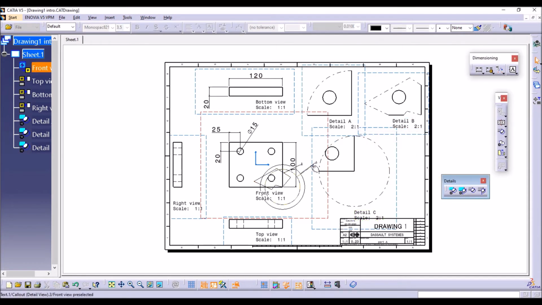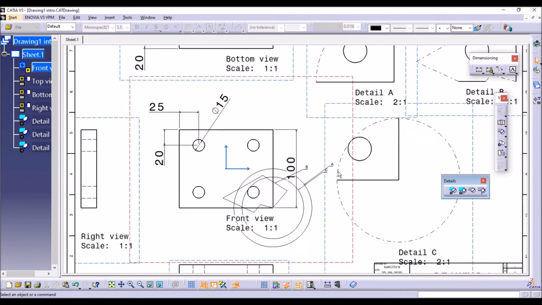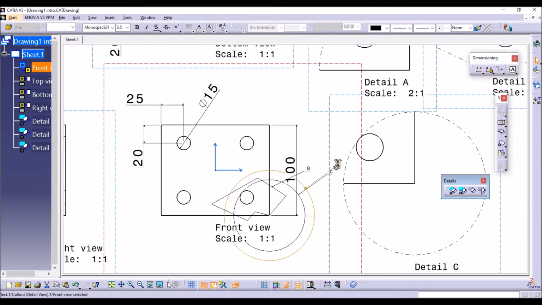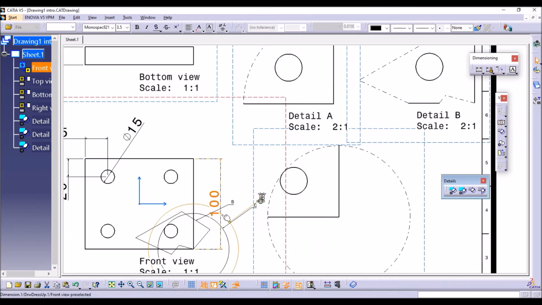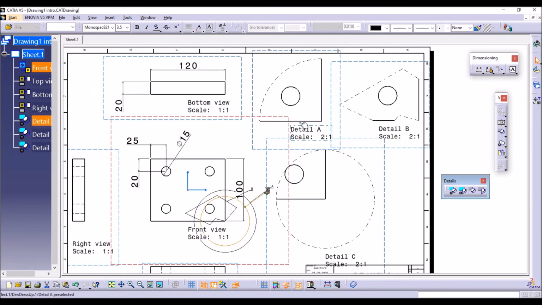As per the details you have mentioned, each detail will show its name also. This is detail A, and here also if you zoom in you can see detail A. This detail A refers to this one, this detail B refers to this one, and detail C refers to this one. So the names represent the detail views. If you want, you can move the names aside. Next, the last one is the quick detail view profile.